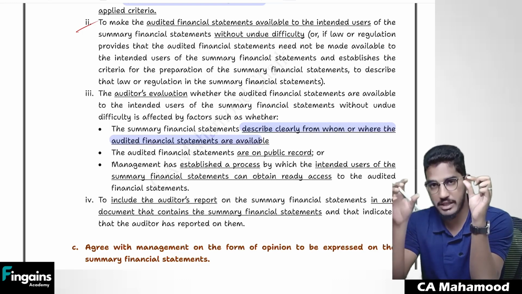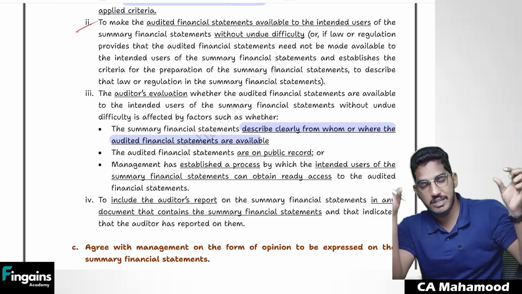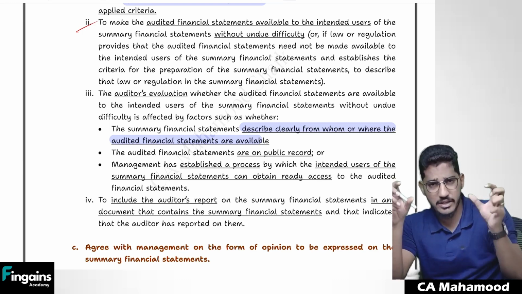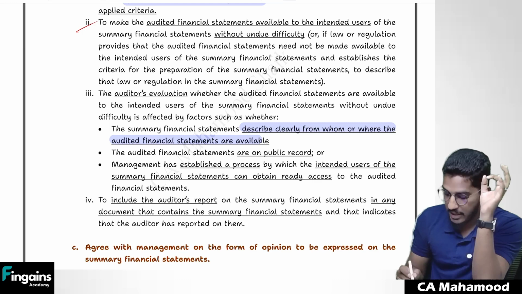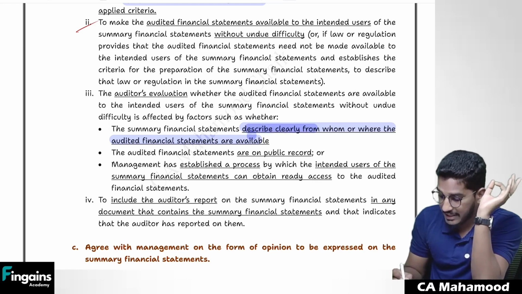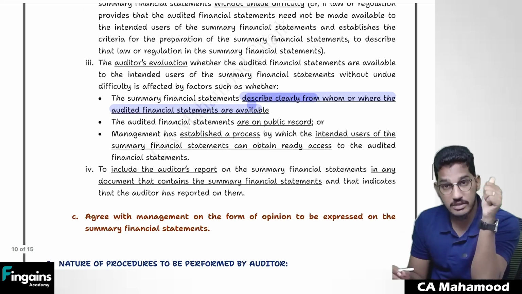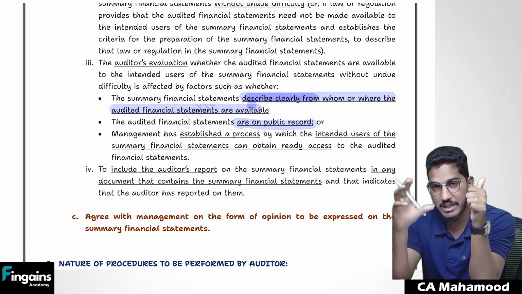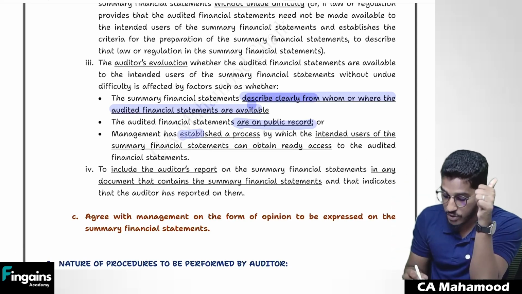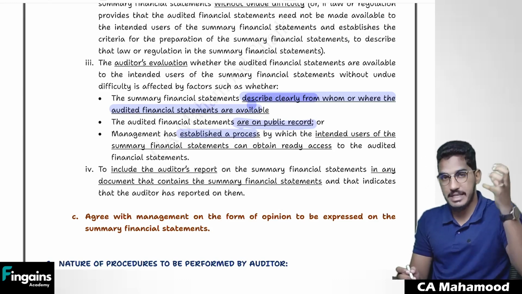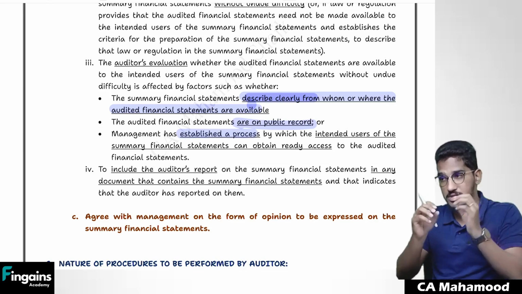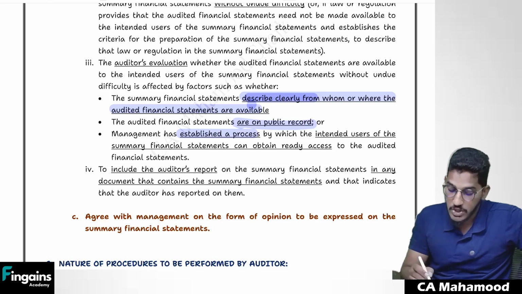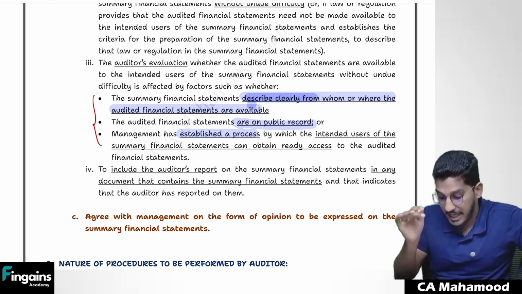Only describe that website if the complete financial statements are on the website, or if the complete financial statements are at some link. So give that link, clearly explain where, clearly describe the process, clearly describe from whom and where to get that complete financial statements. If possible, keep it available on public record. And also if it permits, you should set up a process. You should clearly explain what process has to be followed by any user to get access to the complete financial statements. So that is your responsibility. That is the management responsibility.